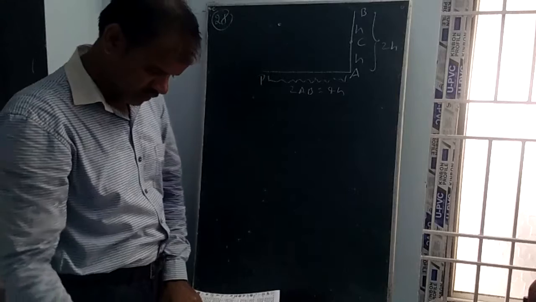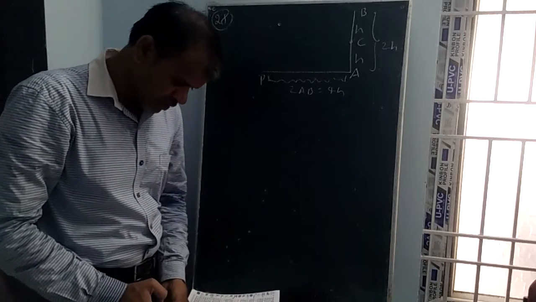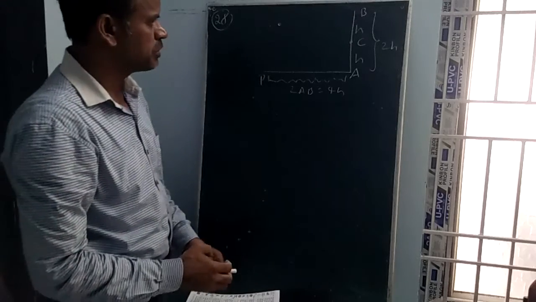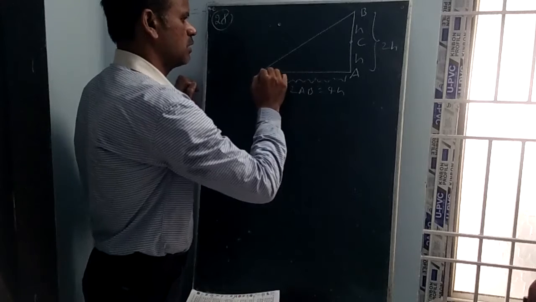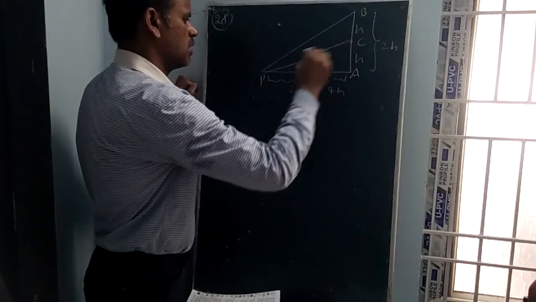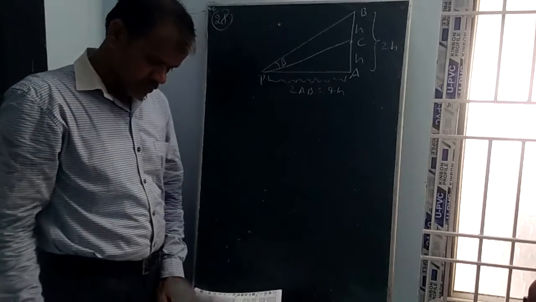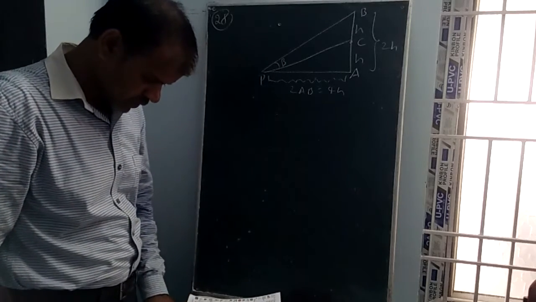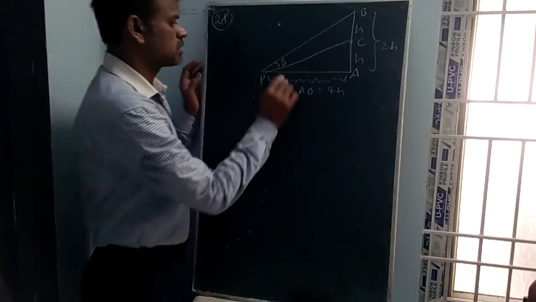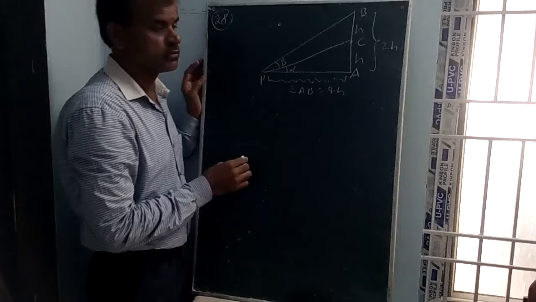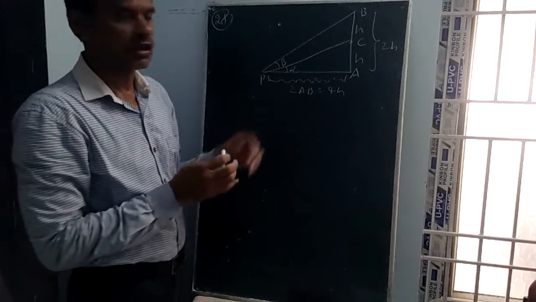Next, which one we should calculate? What he given? Read the question once again. If angle BPC equal to beta, draw like this. Clarity is there. Given directly. Angle BPC, this is beta. Angle BPC equal to beta he given, and what is the value of tan beta he is asking. We did not discuss about alpha. Tan beta we should calculate. According to question condition, we have drawn the diagram.